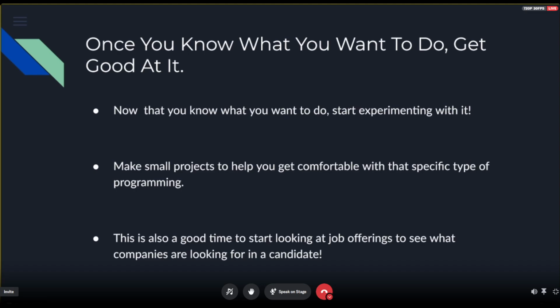Having that on your portfolio hits almost as hard as a full game when going for a gameplay programming position.